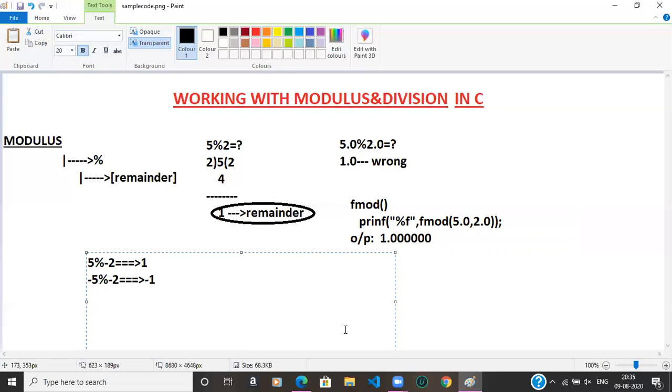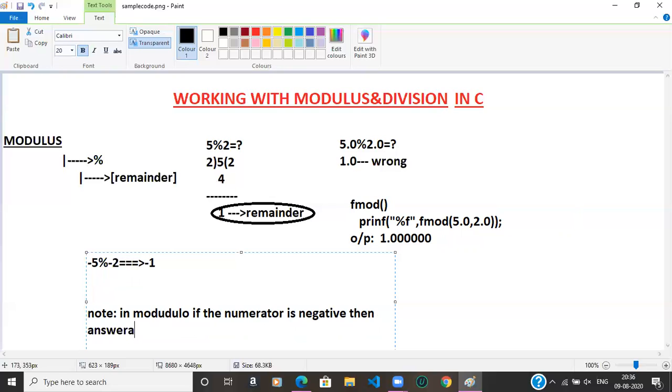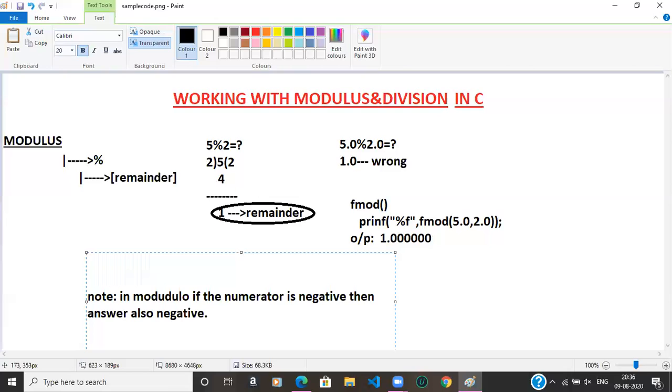Here we can see in the modulus, if the numerator is negative, the answer is also negative. Note it down: in modulo, if the numerator is negative, then the answer is also negative.